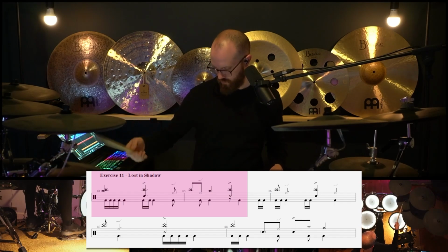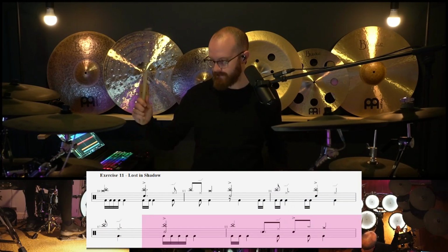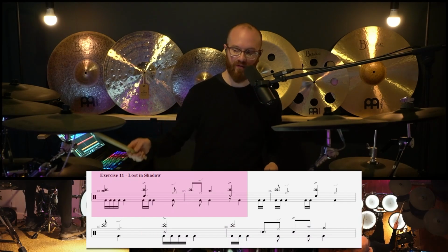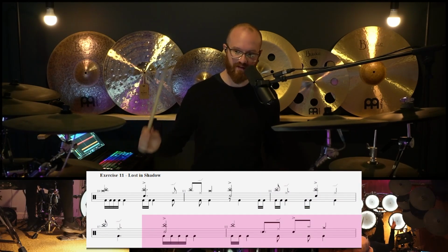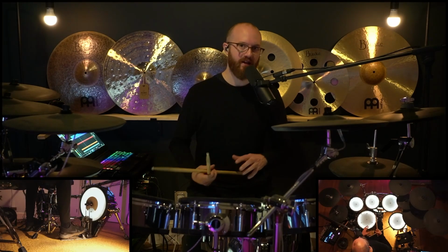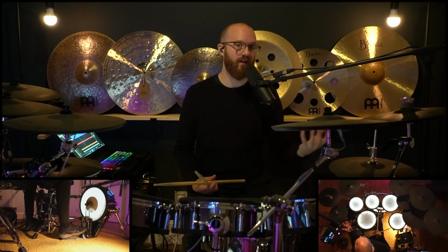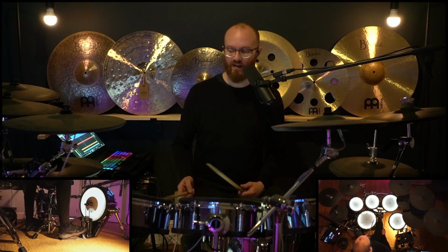Back to the 5. So you can hear there's 3 different versions there, and each one is defined by that grouping of 5 followed by a 3. There's the first one. Second. Third. So that's the basic pattern that we're going to follow with the kicks. 5 and then a 3, and then each time there's a slightly different version of single strokes after it. But they're just designed to follow what the guitar's doing, basically. And again, we've got that snare drum accent on the 1, 2, 3, 4. So if you put all that together,